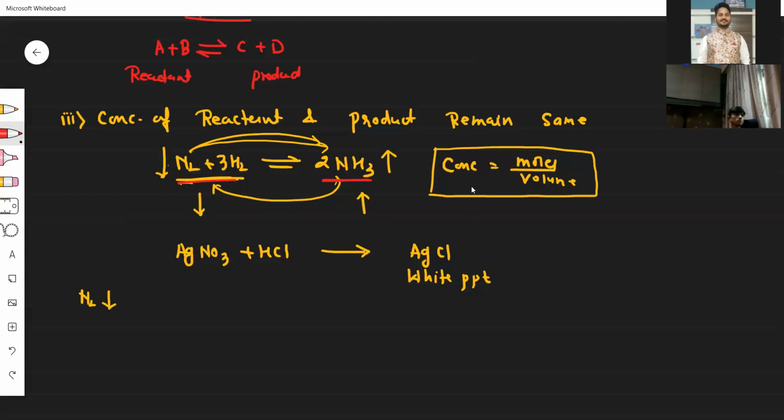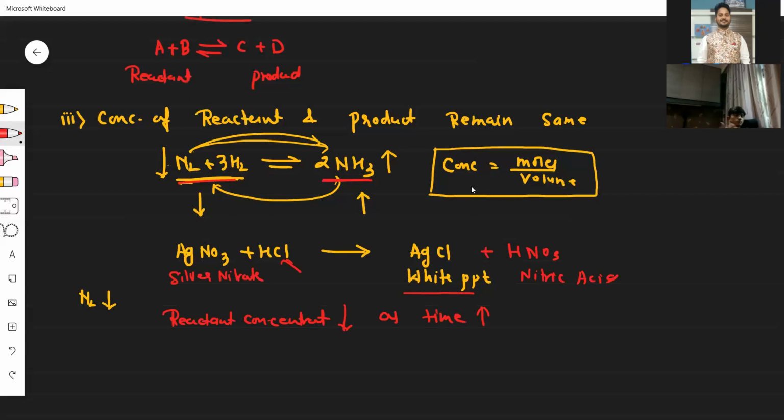I was giving you one example. AgNO3 is silver nitrate. Now silver nitrate reacts with hydrochloric acid. We form AgCl, silver chloride, plus HNO3, which is nitric acid. So now, the moment you get a white precipitate here, the concentration of reactant will not remain constant. The reactant concentration will decrease as time increases,